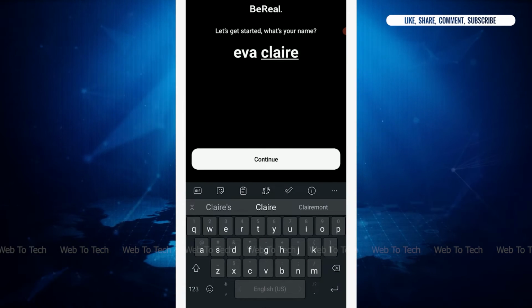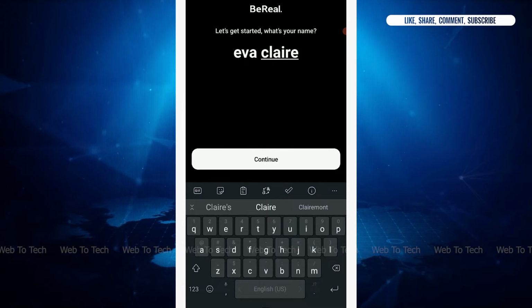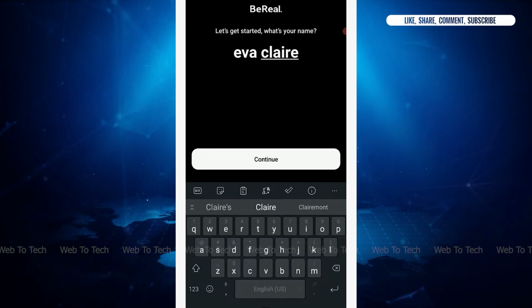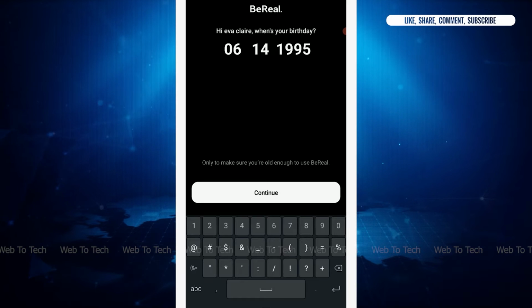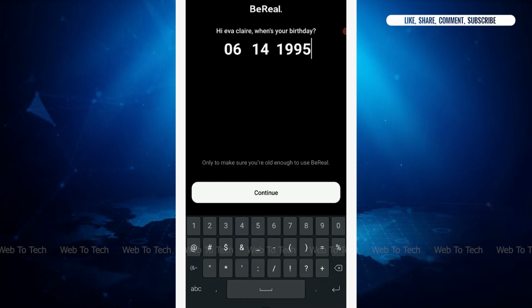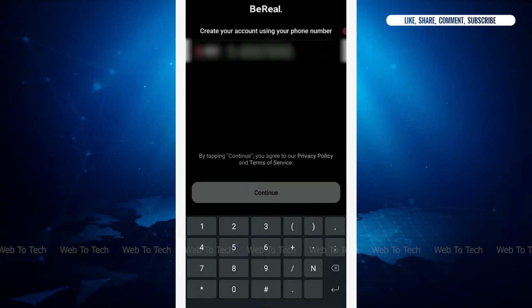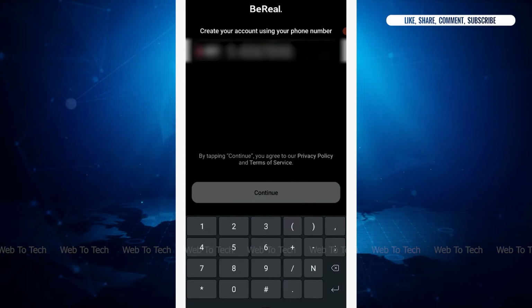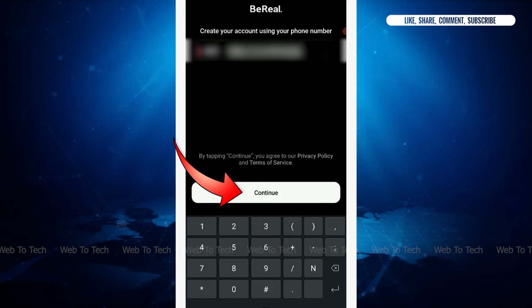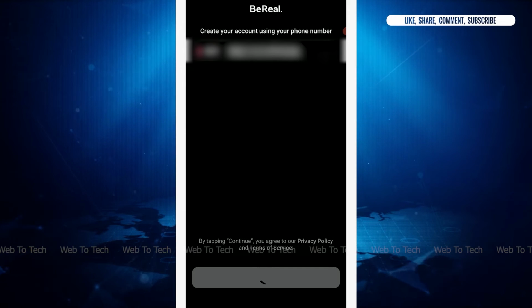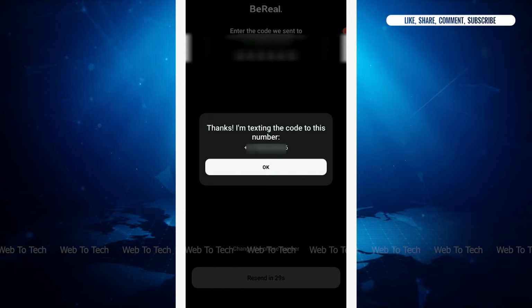So to recover, what you can do is type in your name first. You must type in the correct name that you have in your account and then tap on continue. Then you will need to provide the date of birth. Tap on continue. After that, you will need to type in your phone number over here. Once you do that, tap on continue and BeReal application will send you a code to the mobile device of